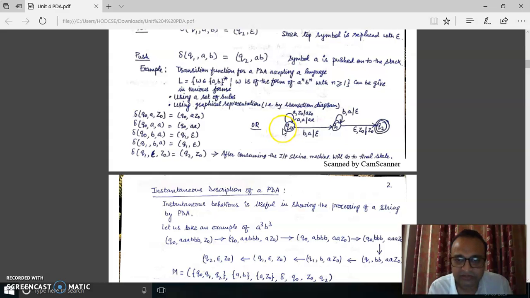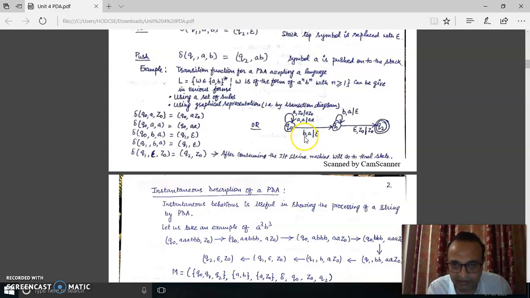So this is the initial state, the machine is on the initial state, and A appears. A is the recently read symbol, and Z0 is the initial stack top symbol. Then we push A on the stack, again A appears, and now the stack top symbol is A. We again push A on the stack, and now once B appears